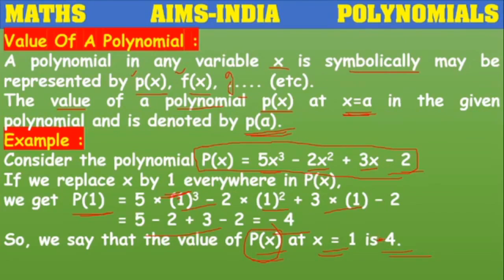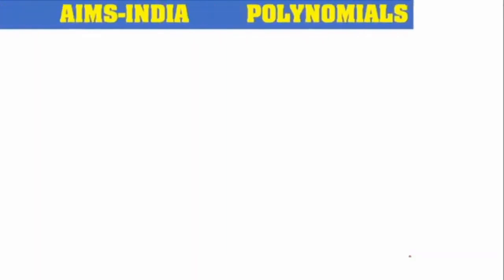Sorry, it's not minus 4, plus 4. 5 plus 3, 8. Out of 8, if we remove my 4, then it will become plus 4. So the value of polynomial is plus 4. So next,